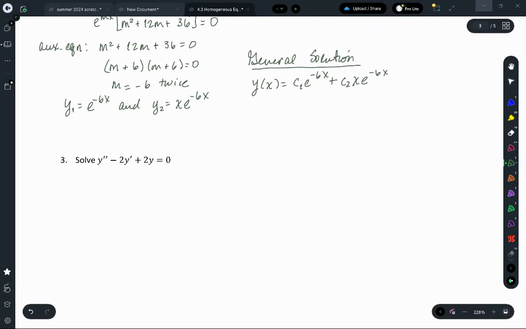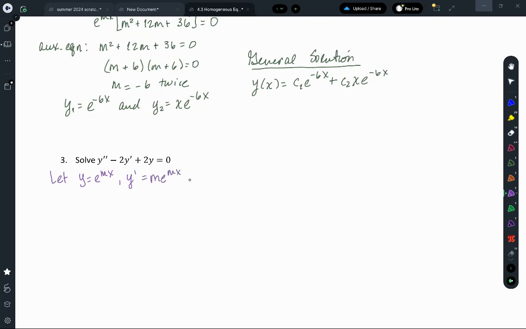All right, next one. We're told to solve y double prime minus 2y prime plus 2y equals 0. So we're going to do the exact same thing. We're going to let y equal e to the mx, y prime equal m e to the mx, and y double prime equal m squared e to the mx. Then we sub these in. We get m squared e to the mx minus 2m e to the mx plus 2 e to the mx